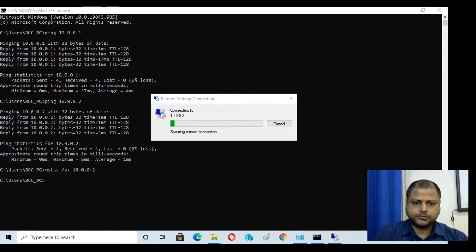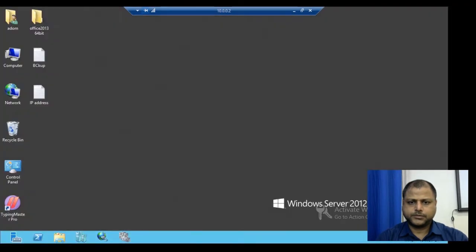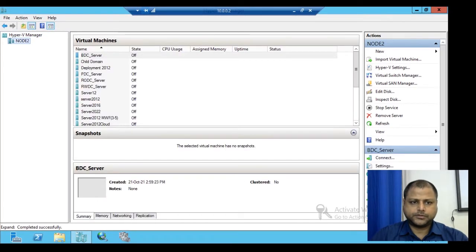We'll log in with the credential, so we'll provide the credential now. It is connecting to the system. So we can see that the system is already there. So we'll check the node.